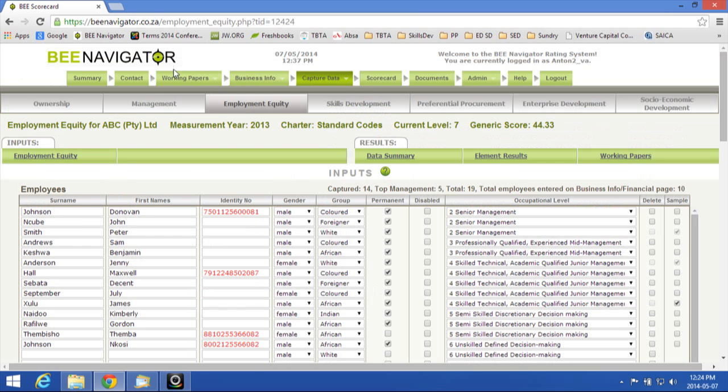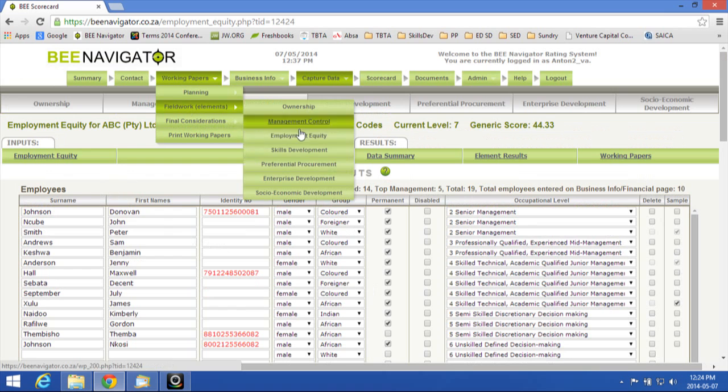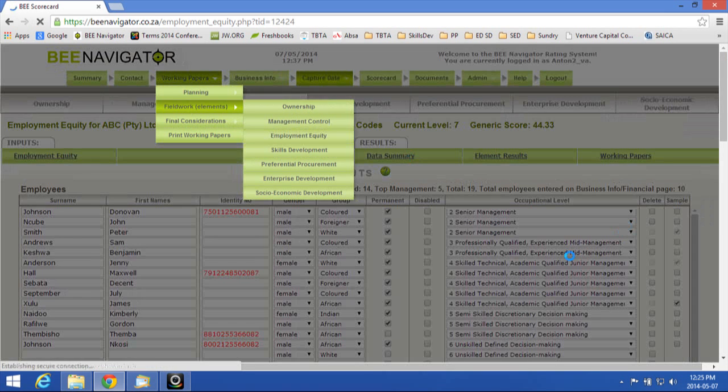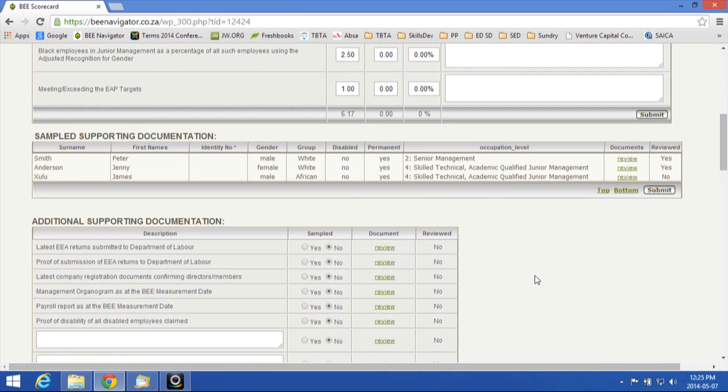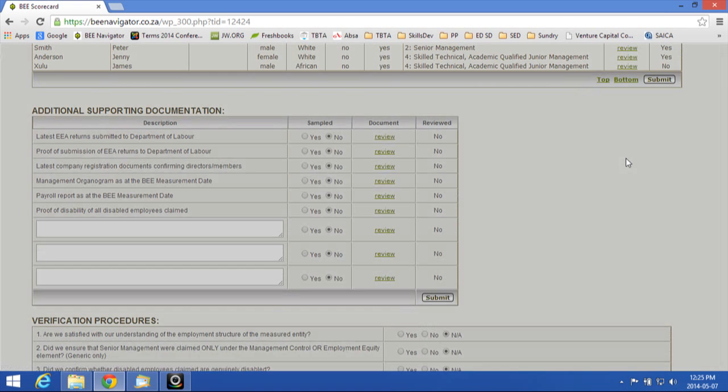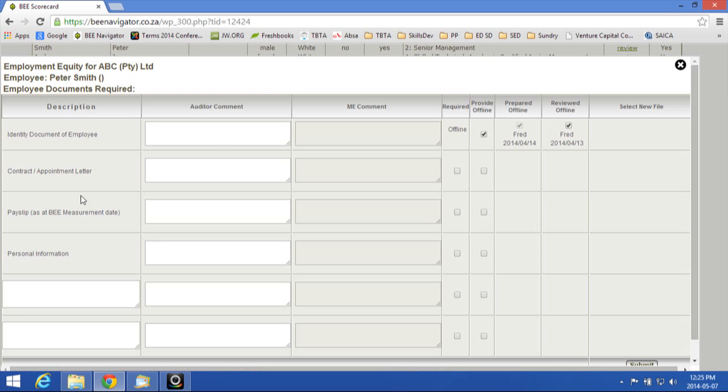When you sample them here, it automatically pulls them through to your working papers, employment equity, and here we have Smith, Anderson and Zulu. That line item has been pulled through here, and now this is where the power of Navigator comes in terms of verification. You can now go and say Documents, Review, and it opens up a block where you can